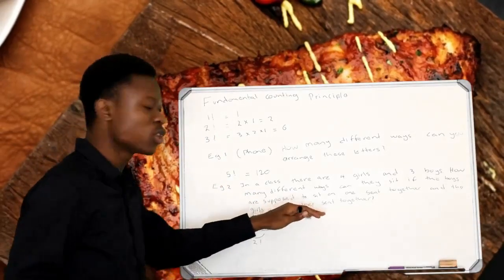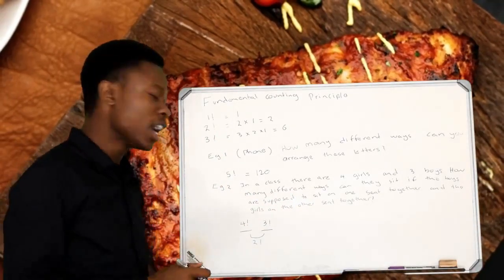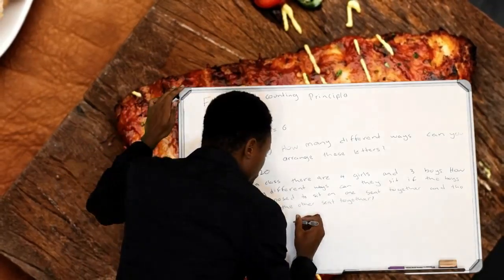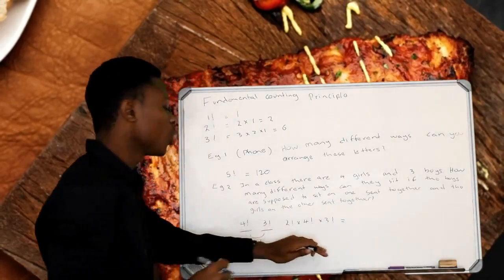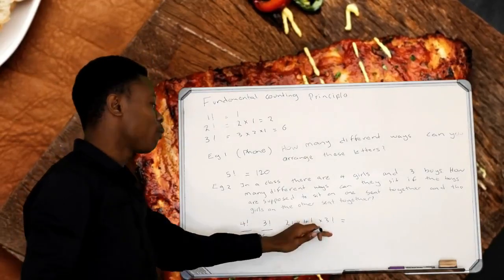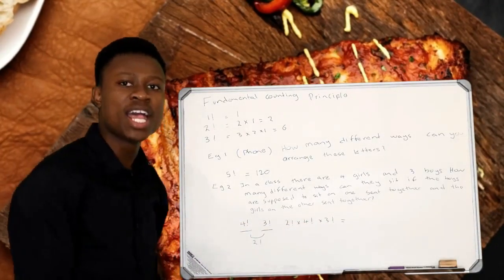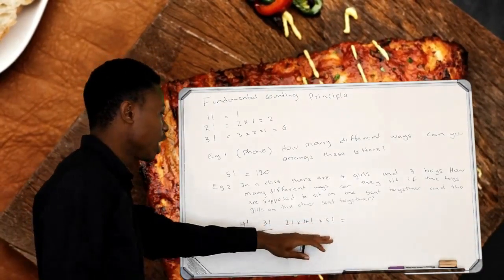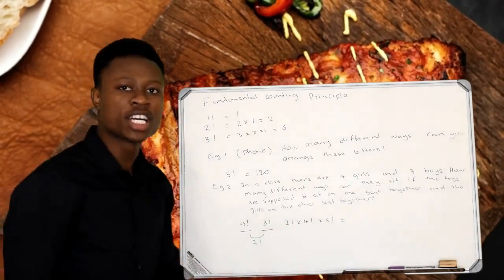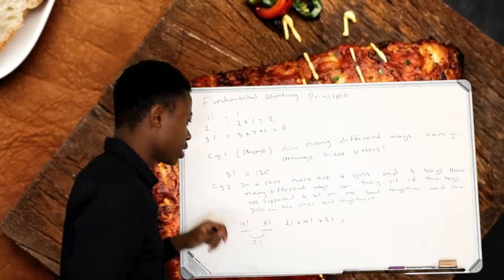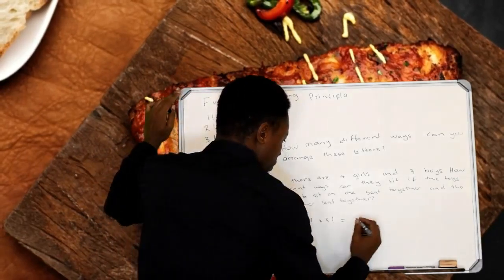So the total options here would be 2 factorial multiplied by 4 factorial multiplied by 3 factorial. This will give us all the different ways the girls and the boys can sit. So this will give me